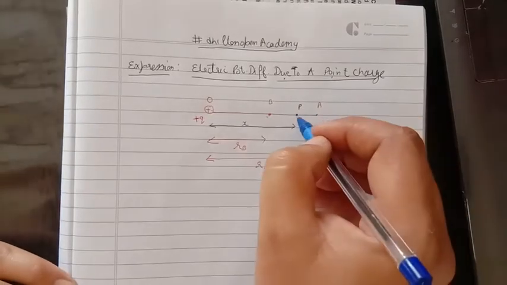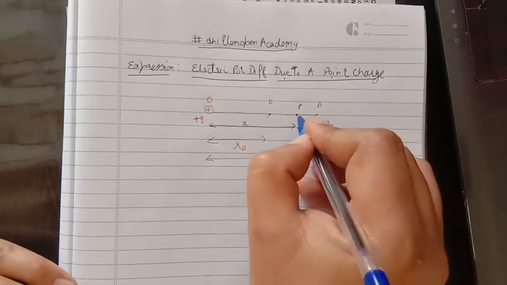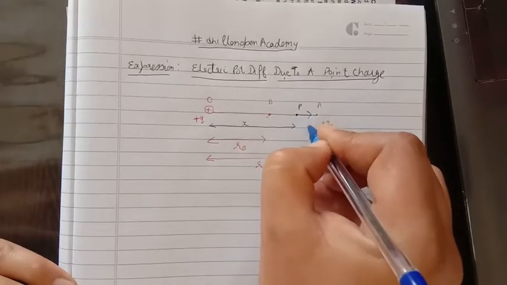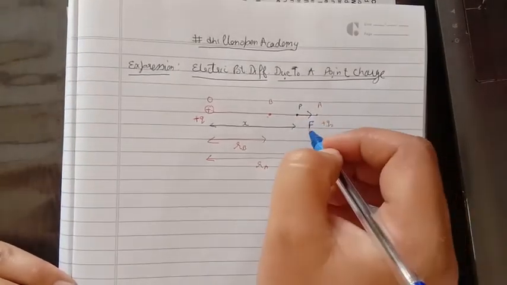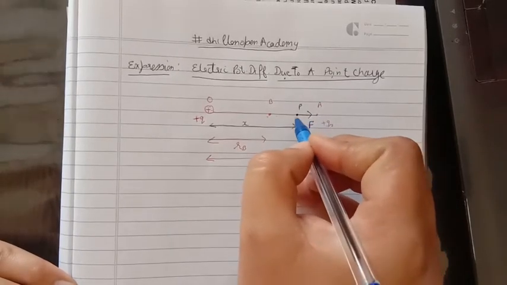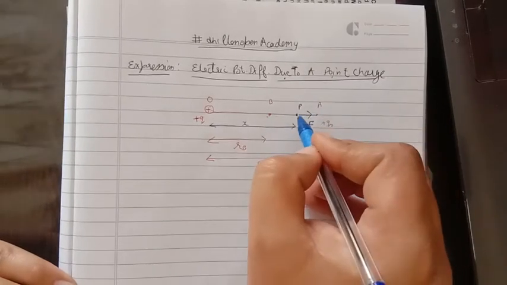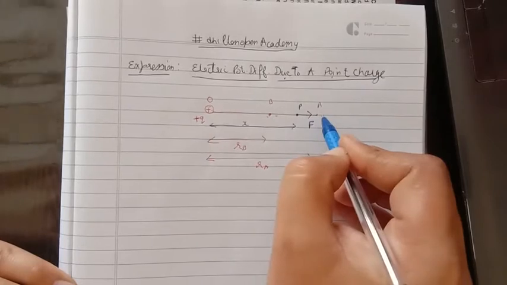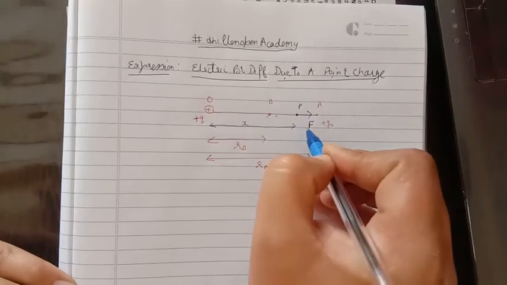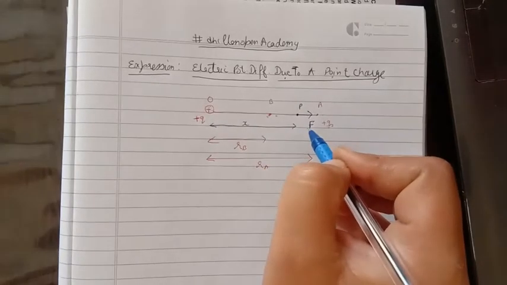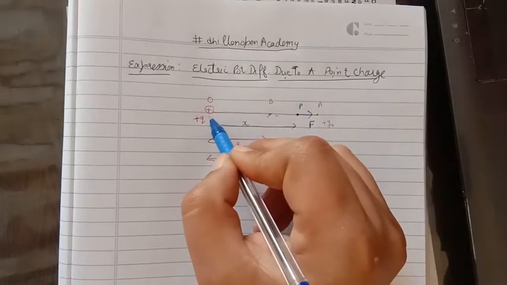So when Q naught is present at P, Q and Q naught are of the same nature, so the Q naught charge at point P feels a repulsive force F directed from B to A. Against this repulsive force F, we have to move the charge closer to the point B. You can clearly see that the force applied by Q on Q naught is from B to A, but the movement of Q naught is taking place from A to B, that is opposite to the force. So in this case we are actually calculating the electric work done against the force of the charge Q.